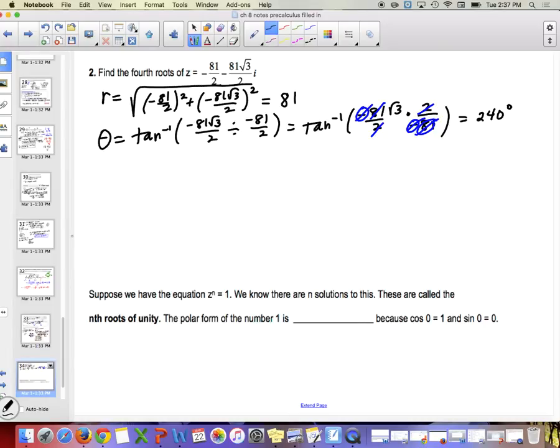All right, if you were really good with your 30, 60, 90 triangles, you wouldn't have to do all that work. You would notice that that's a 30, 60, 90 triangle. So that means that if I'm trying to find the fourth root of z, there's going to be 4 solutions, right? So z1 is going to be the fourth root of 81 times